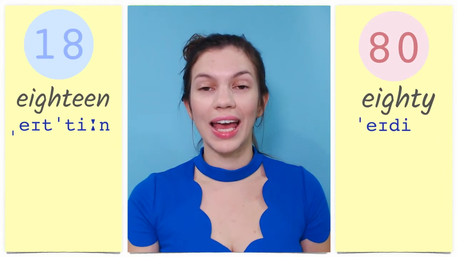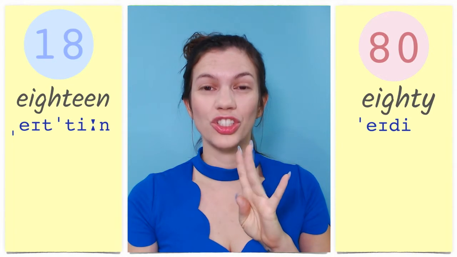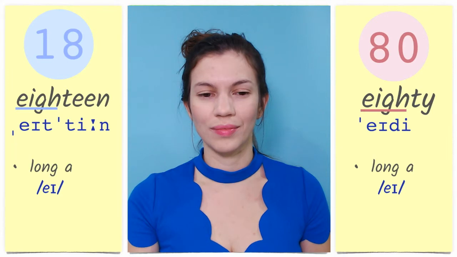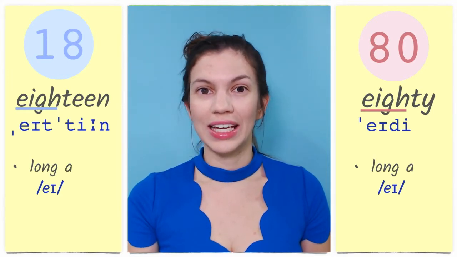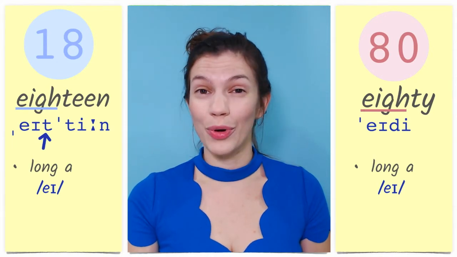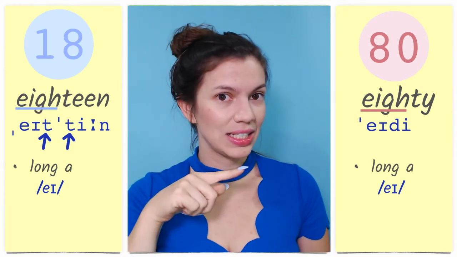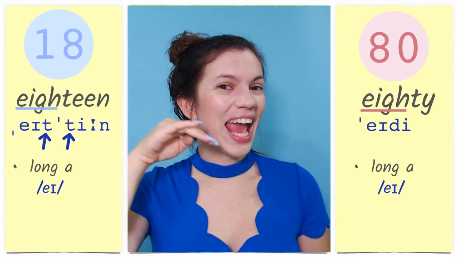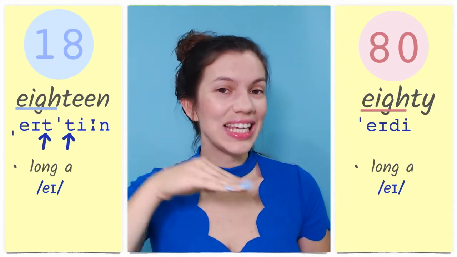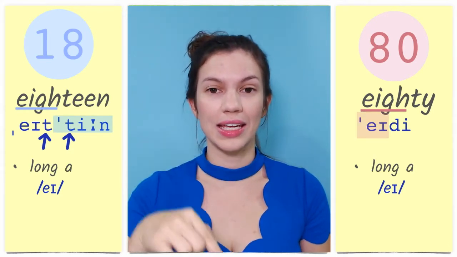18, 80. Notice how the first 4 letters, E, I, G, H, all make the long A sound, A. I also want you to notice that in 18, there is a held T before the regular T. So listen, 18. So it's like you're going to make the T 8, but you don't let the air out until teen. 18. And the stress? 18, 80,